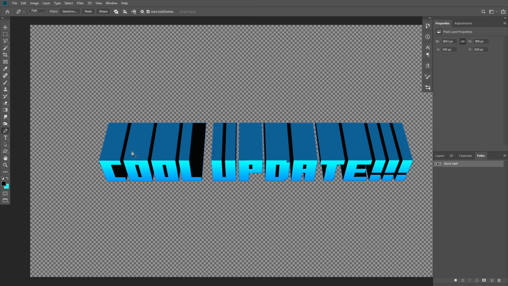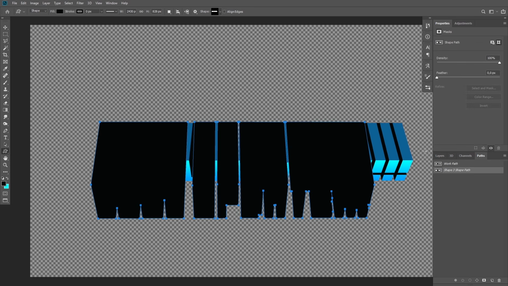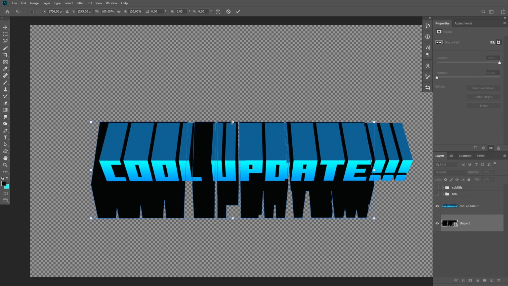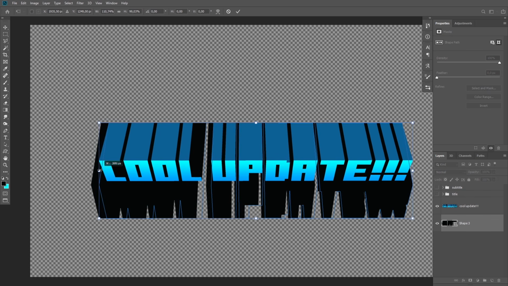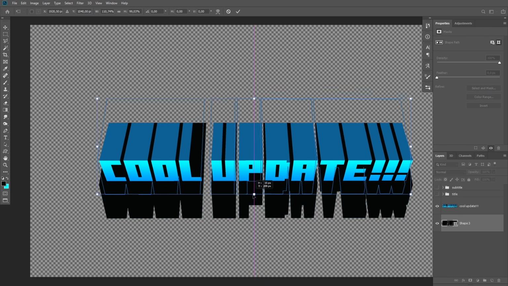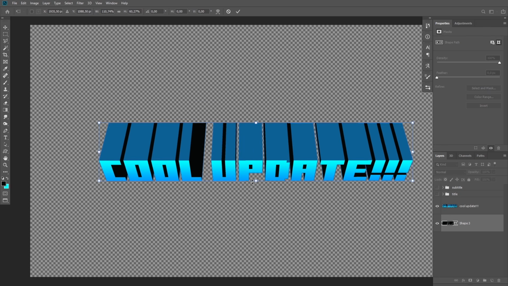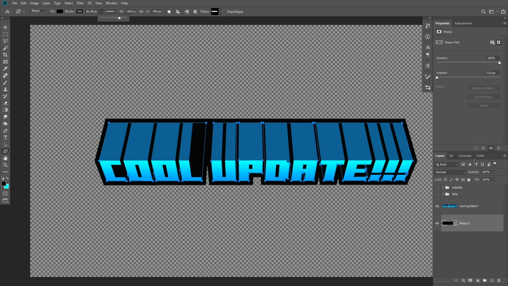I'm just gonna not type what it says for once. Just drag it out, put it behind, and then stretch it out so it fits like that. And you make sure the colors are correct, and then just make the stroke